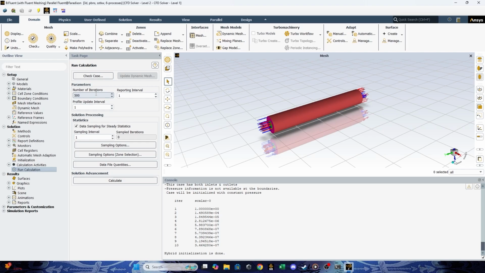You may check what the limit is at which we can say that our simulation has converged. You can try to do the research; I will not explain more about convergence. So you can choose the number of iterations and then go to calculate.